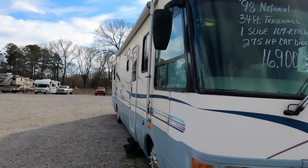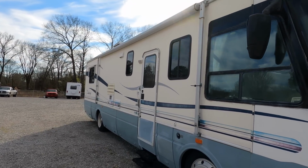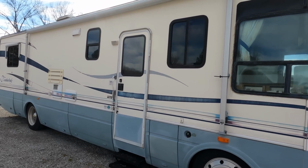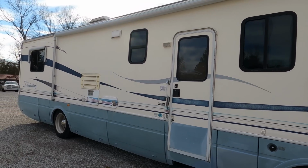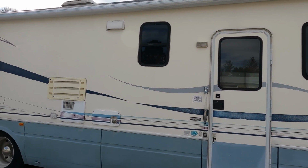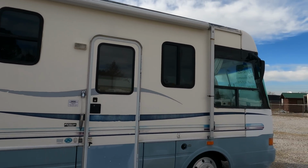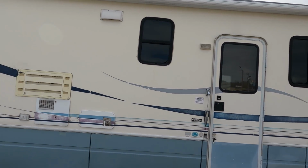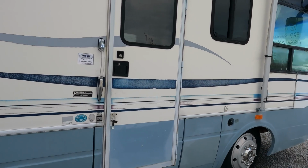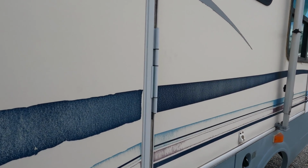You get less sway, less squeaks and rattles, just a better fitting ride and drive all the way around with an all steel frame versus steel and aluminum like most of them have. And it's 40% stronger than aluminum as well. You've got a patio awning, but guys, I don't know what works and what doesn't besides a slide out. Again, we are selling this as is, so if you don't know how to do basic repairs on an RV or have the money to have it repaired, anything that may come up, this may not be the unit for you. I've got plenty of other units that come with a full checkout and even a warranty on qualifying units. This is for those of you who